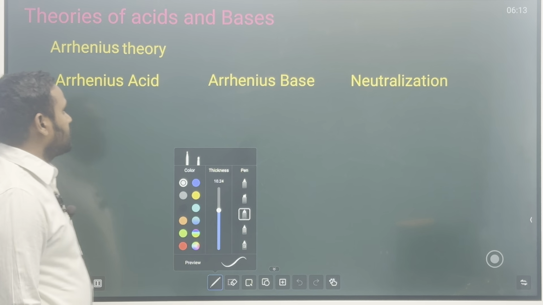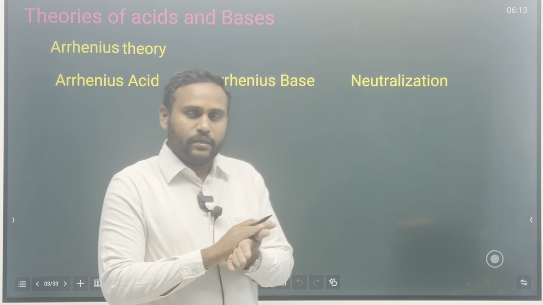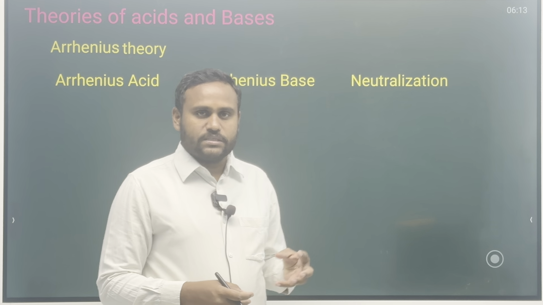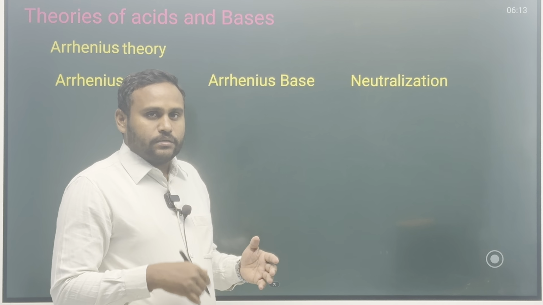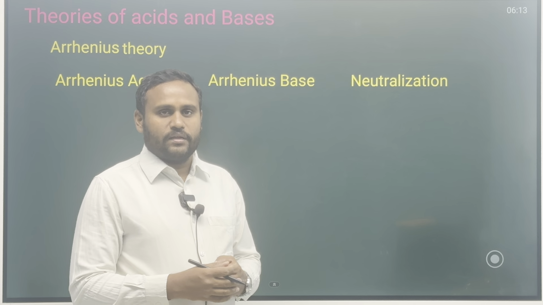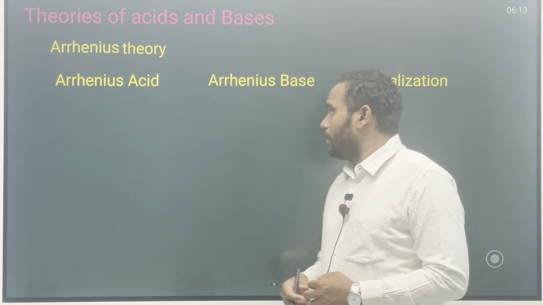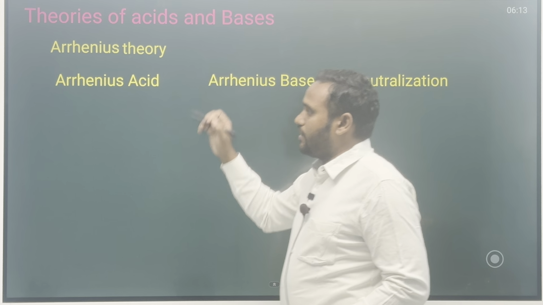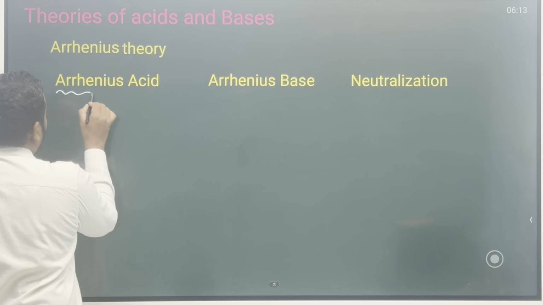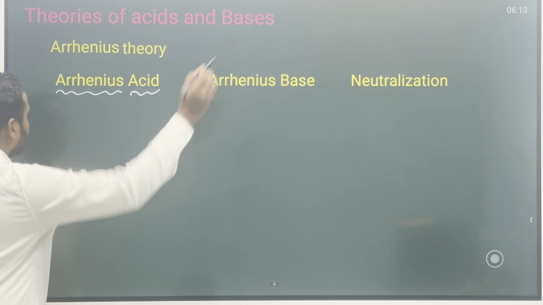What is the first theory? We have the Arrhenius theory. Arrhenius classified substances into three types: acids, bases and salts. On what basis did he classify them, and what is an acid and a base according to Arrhenius? First of all, the Arrhenius acid. What is an Arrhenius acid? It means the substance